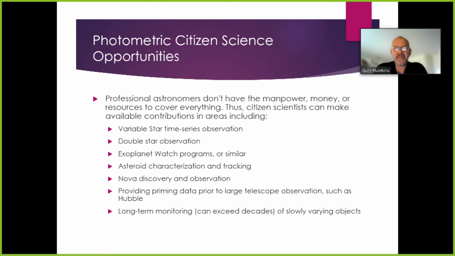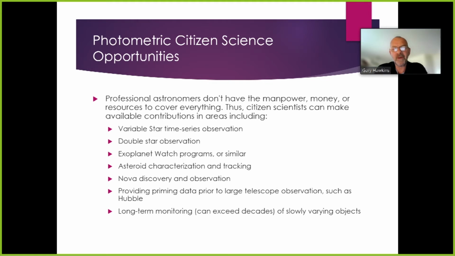Well, the big reason that citizen scientists are so important to the astronomical community is that the professional astronomical community just doesn't have the manpower, money, or resources available to cover everything they want to. And thus they rely on citizen scientists to make valuable contributions in a whole number of areas. And these could include such things as variable star time series observation, double star observation, participation in exoplanet watch programs, asteroid characterization and tracking, nova discovery and observation, and this is a pretty exciting thing if you manage to discover